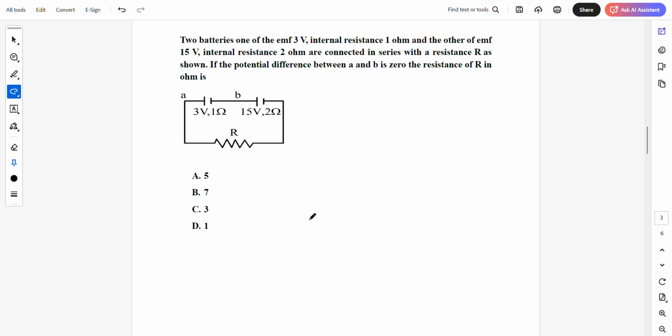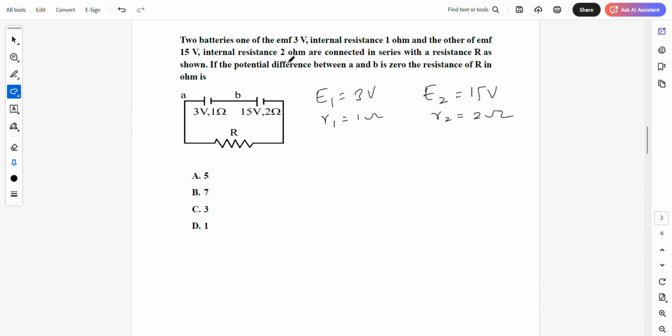What is it saying? It is saying two batteries, one of the EMF, how much have they given? 3 volts. And then R1 is how much? R1 is given as 1 ohm. E2 is given as 15 volts. R2, how much have they given? Okay,